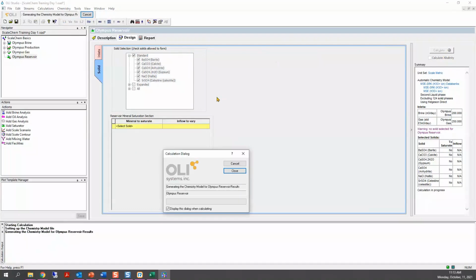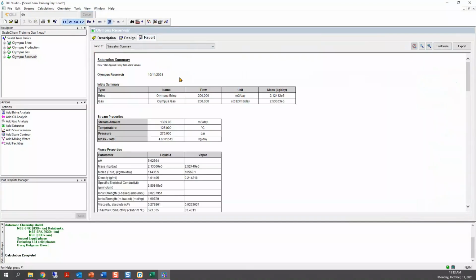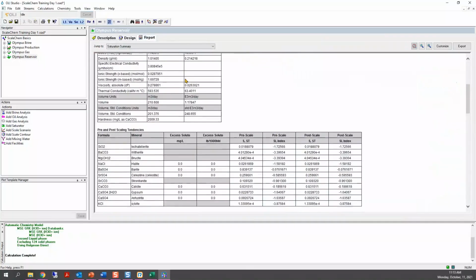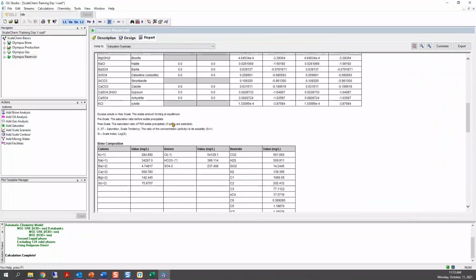And then we will go to the report tab. So why am I doing this again? Because I want to know first, what are the prescaling tendency values? What is the composition of the brine at reservoir conditions?